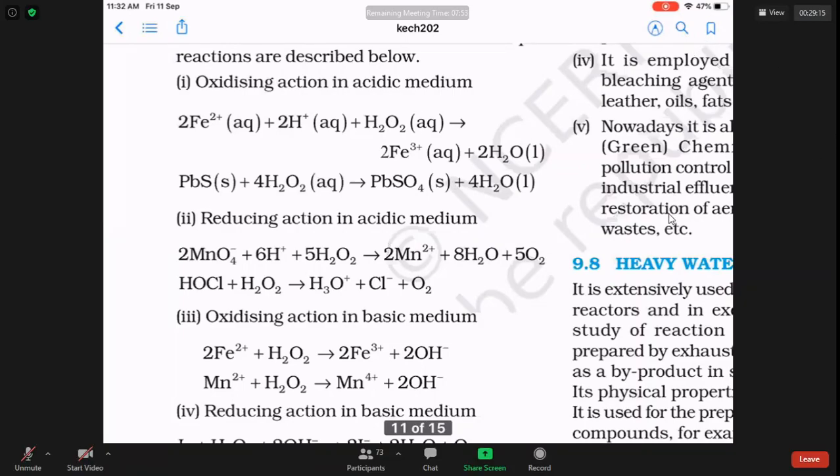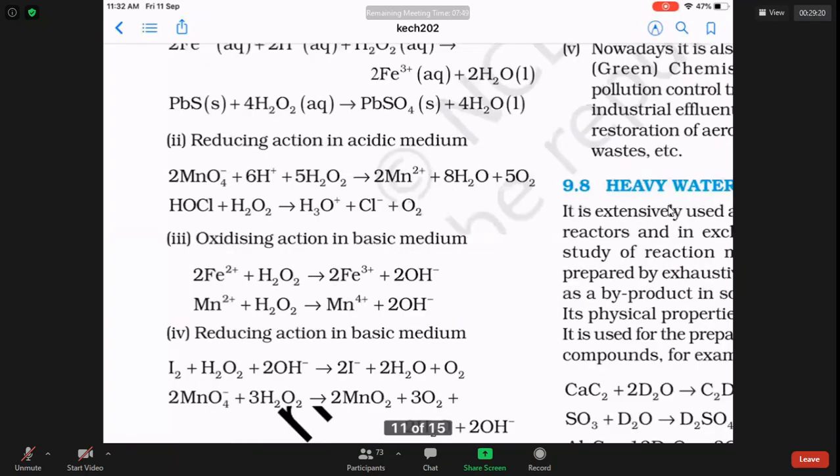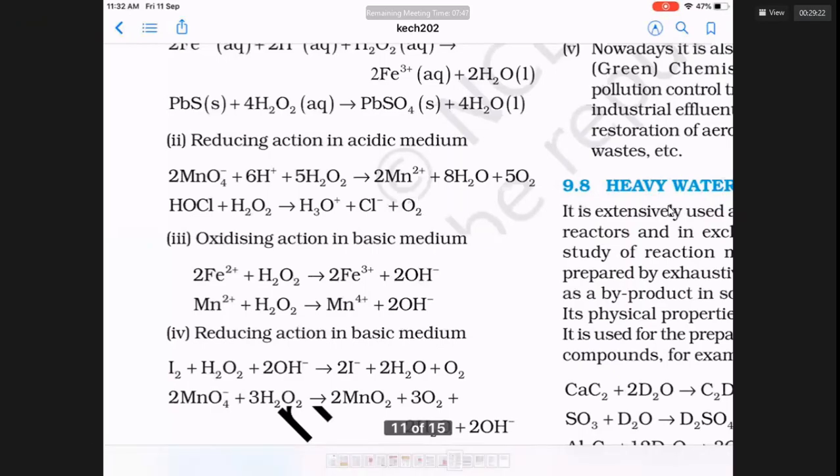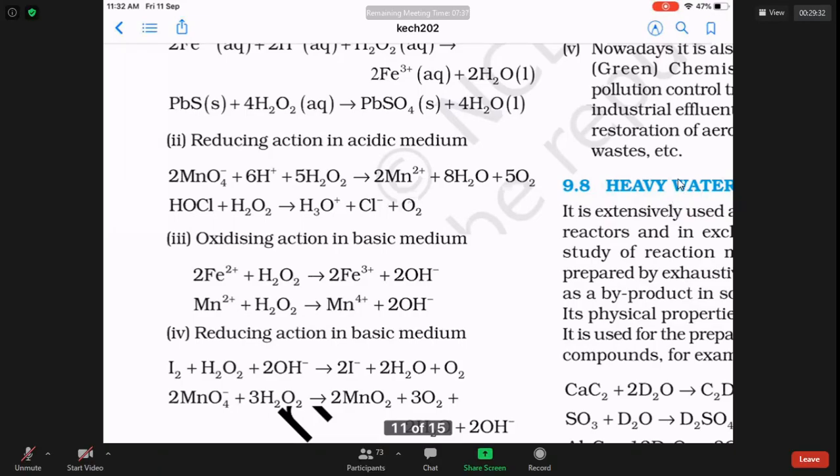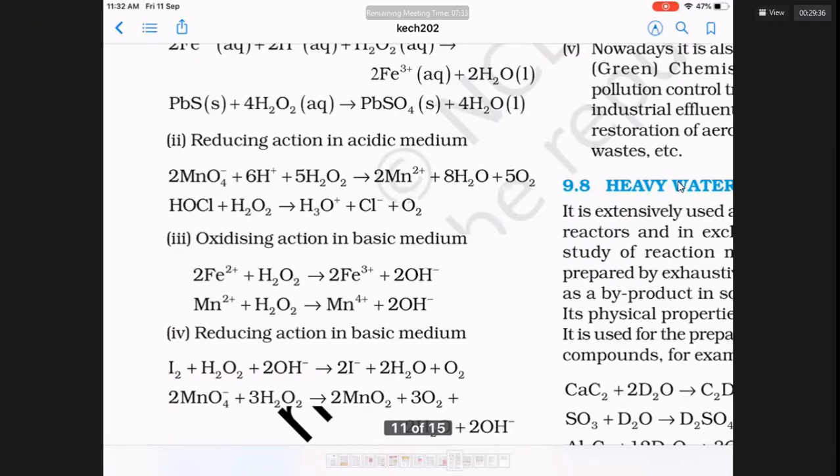Notice, H2O2 can also lose electrons in acidic medium with chemicals like permanganate. When it reacts with permanganate in acidic medium, it is actually losing electrons and permanganate loses the color. When H2O2 reacts in acidic medium with HOCl, hypochlorous acid, you are getting O2 gas. Whenever O2 is one of the products, H2O2 is reducing.